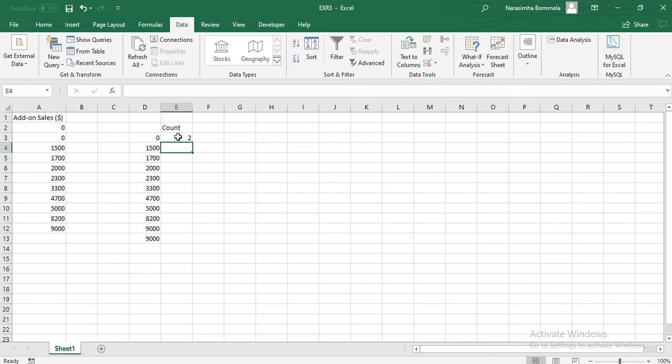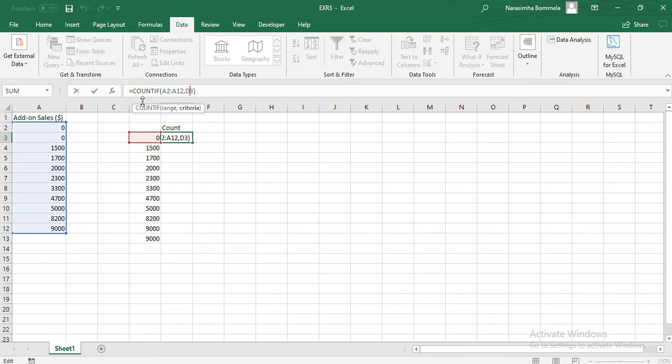Two zeros are there, and that is displayed here. We use COUNTIF with the range, and the value we are searching for is 0. In this series, how many times 0 occurred will be calculated by using COUNTIF, A2 to A12. This is the series. In this series, how many times is 0 occurring? So it is displaying